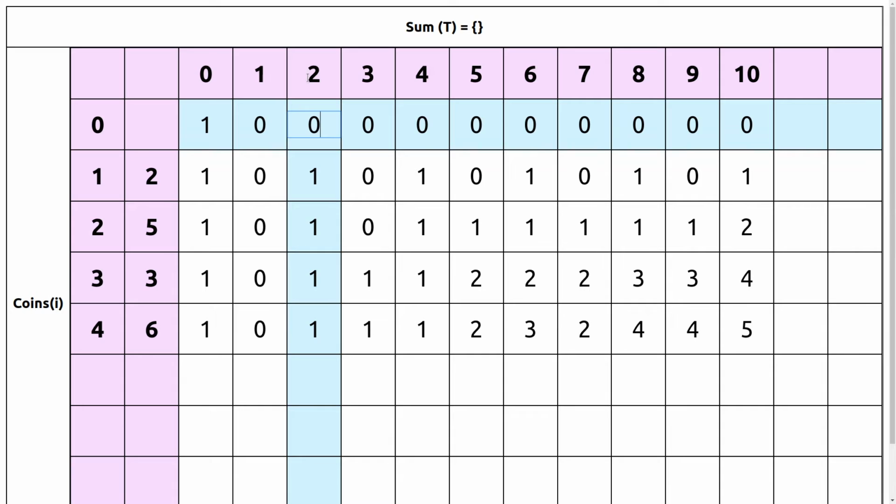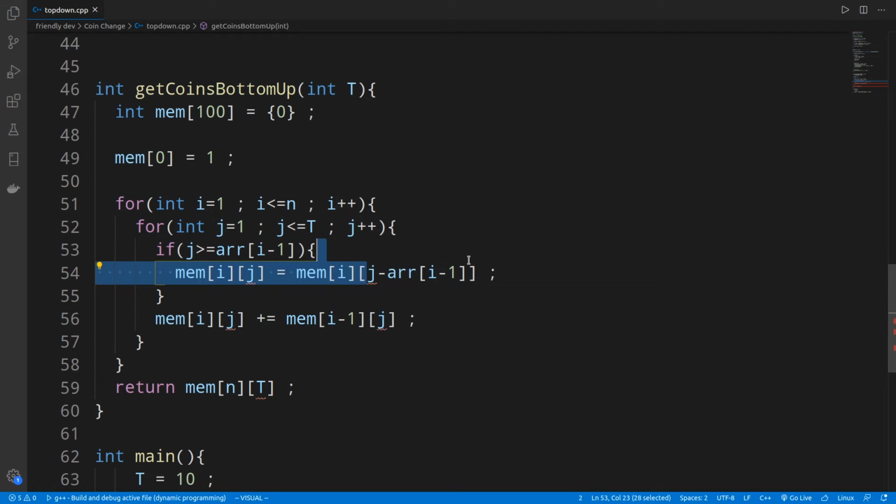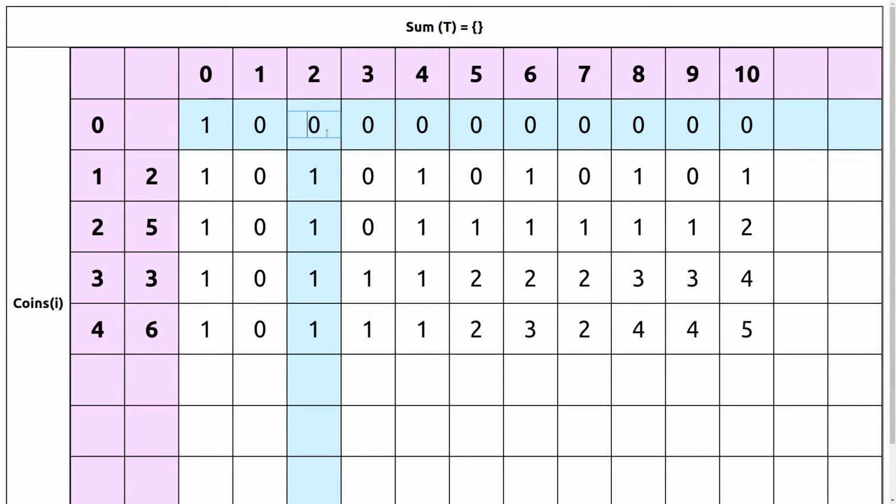So we look at the column corresponding to reduced sum. What is that column? It's 2 minus 2, that is 0. So it has a value of 1. We look at the same row but the column corresponding to reduced sum. Since we can include 2 and since the value is greater than 0, since there was a way, by including 2 we modify the current cell, and it becomes 1.